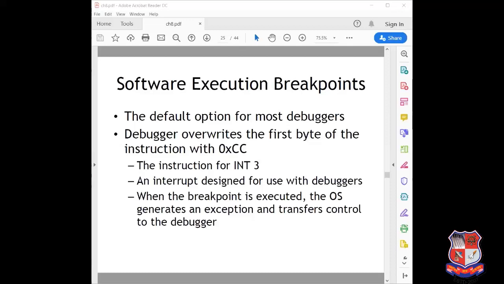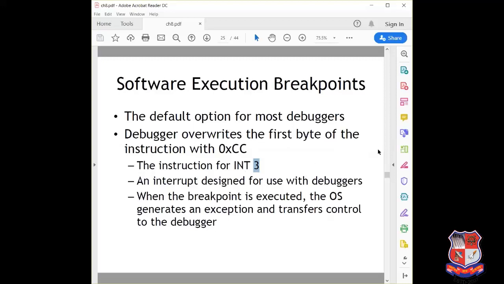The debugger implements a software breakpoint by overwriting the first byte of an instruction with 0xCC. Here we can see the byte 0xCC, and this instruction is normally executed with the instruction name int3.